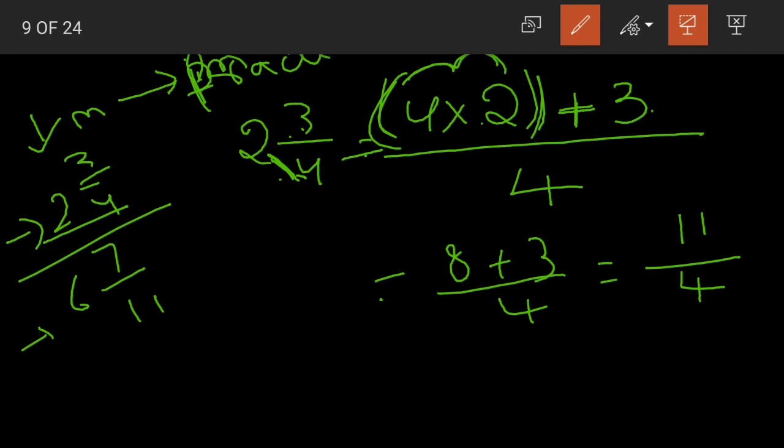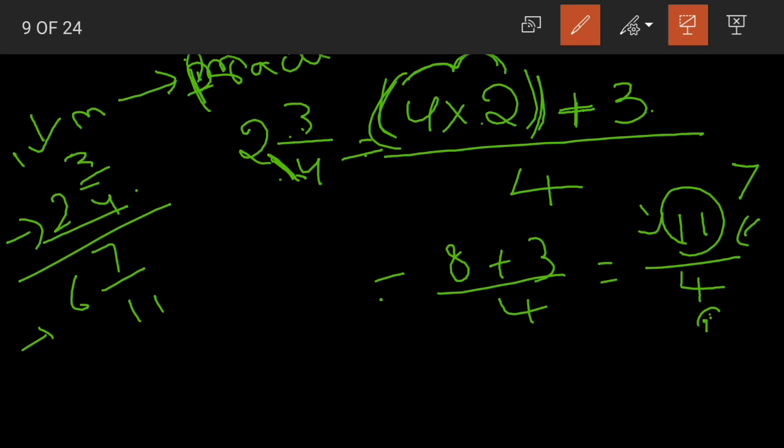What did we do here? We converted this mixed number 2 3 by 4 into an improper fraction 11 by 4. Again, why is this an improper fraction? If you look, the numerator is greater than the denominator. What did I say? Assume the greater number as father and the smaller number as the child. Now the child is down and he is bearing the weight of the father. Is it a proper scenario? No. So this becomes an improper fraction.